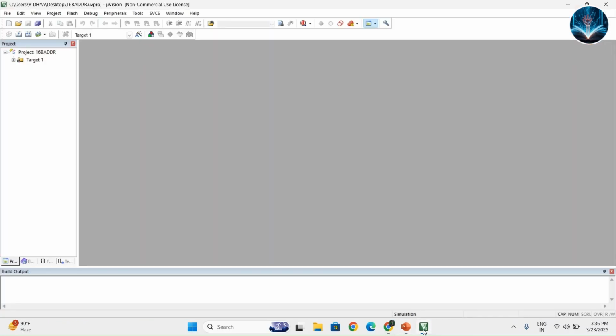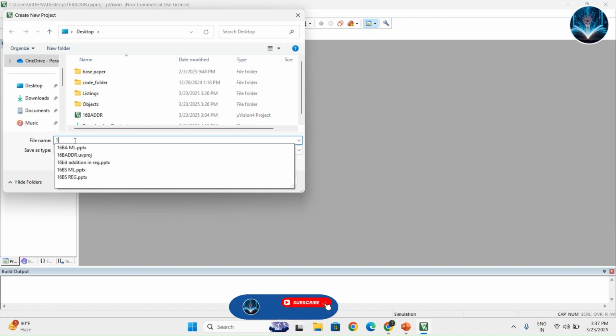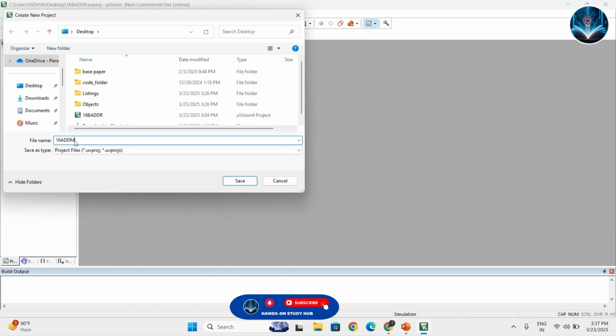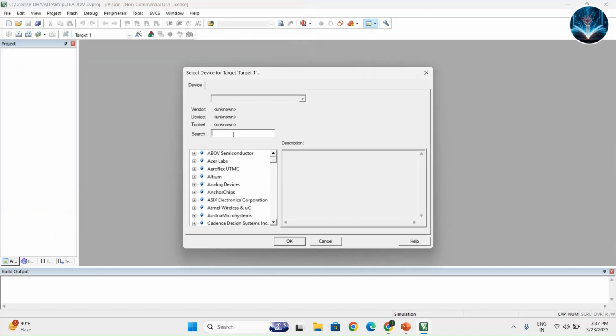For this, open Keil MicroVision 5 software and then click on Project and go for New MicroVision Project and save your program. It's a 16-bit addition by using memory location, right? And save it in some path. Here I saved it in desktop and click on save, and then select your microcontroller device